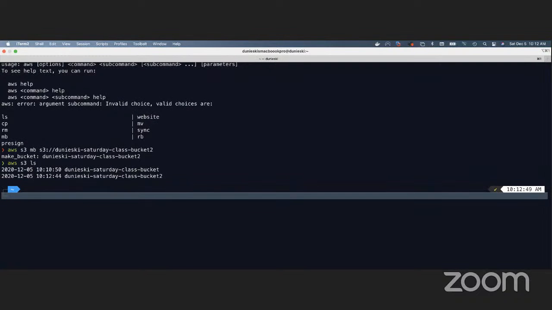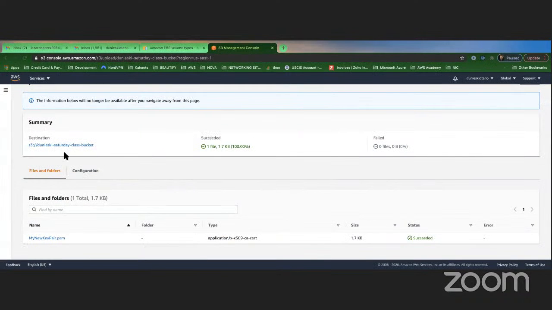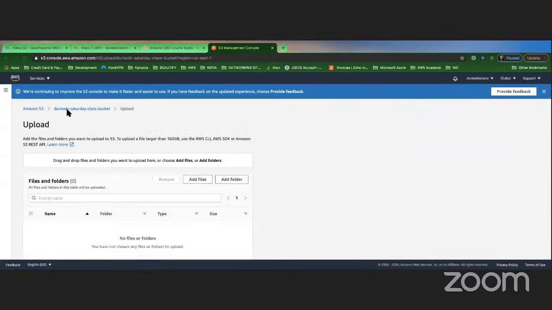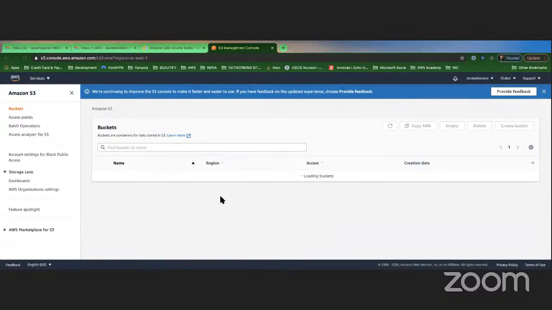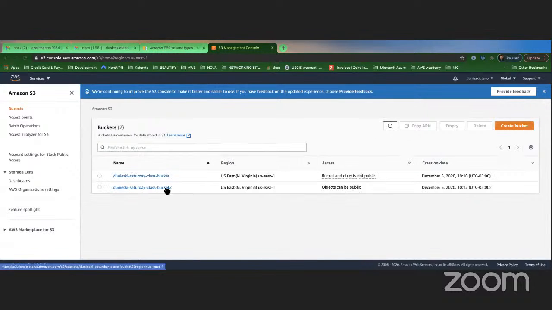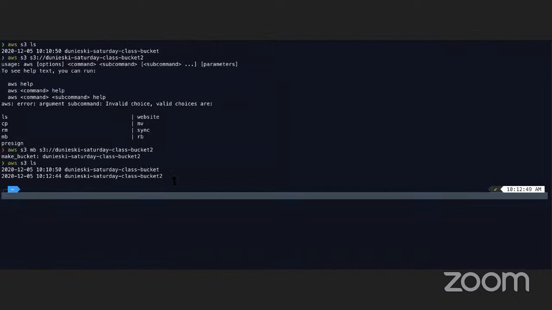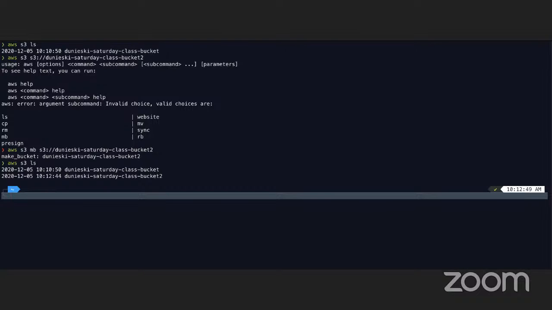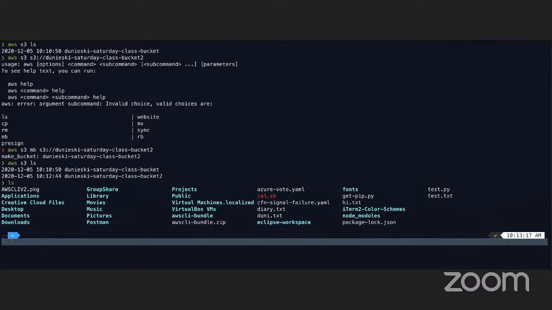And if I go to the console and I just refresh this page, I will see that I have 2 buckets now, okay? Now, I can upload a file, any file I want. So I can do ls. Let me see, what do I have here? ls, I have this